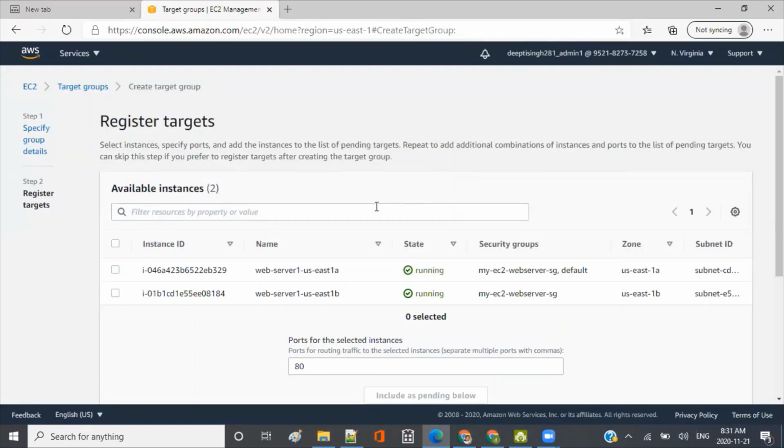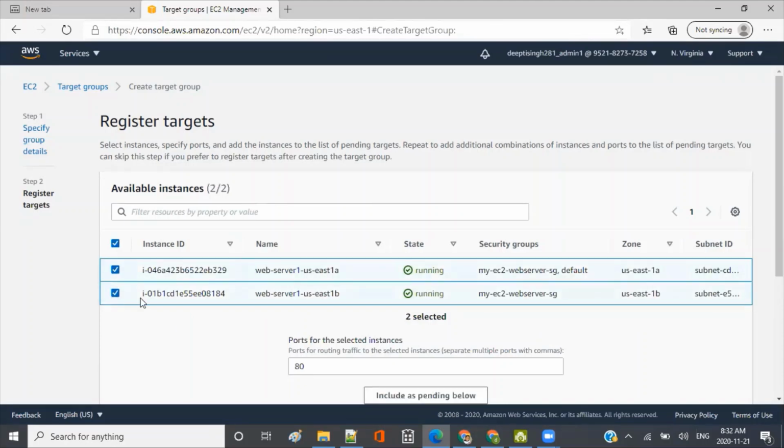Okay, so here what we are doing is creating one target group, and I'm going to put it behind a load balancer, which we'll create just after this. I'm creating a target group, so I specified the configuration. Now I will tell it which instances I want to put behind this target group, TG1. I want to put these two because I just started, and these are the only ones currently running.